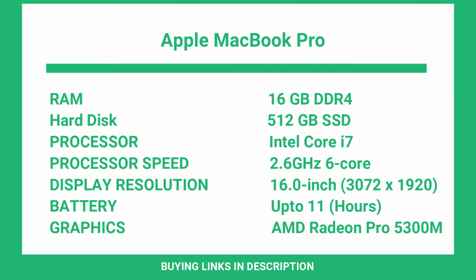This new model brings everything we've come to love from the MacBook Pro, including a gorgeous thin and light design coupled with powerful hardware, and somehow made it even better. You get a larger screen with a higher resolution, making it ideal for graphic design where image quality is of the utmost importance. Apple has also updated the hardware within the new MacBook, so there's some seriously powerful components in there,